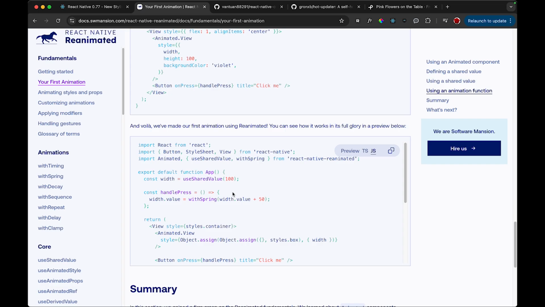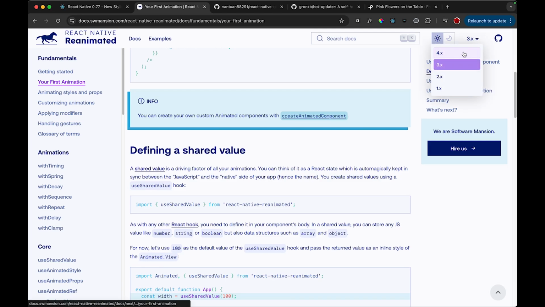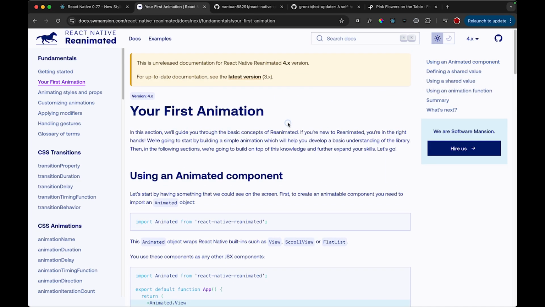Okay, so for example, the best use case is when a user comes to a particular screen, we enlarge the image, or like what I would say, scale up the image and scale it down. So what we do is we use the same useSharedValue and then increase the scale, or scale x, scale y, or transform the scale of the image from 1 to 1.4 and then reduce it to 1. Okay, so we use all these things, but they have released a superior version to this,